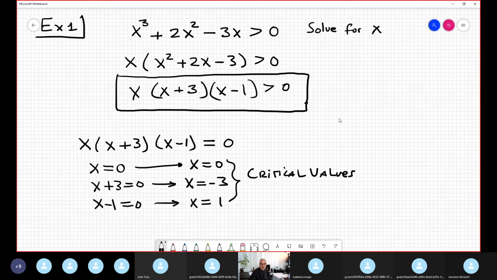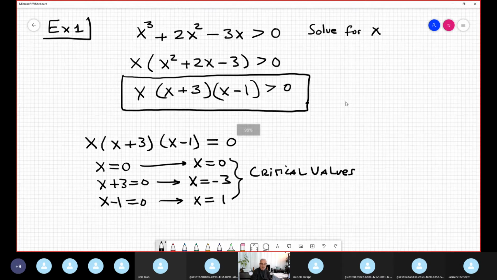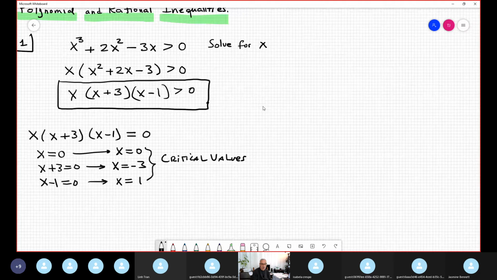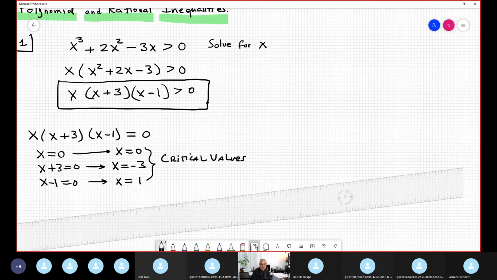This is the idea you see in calculus, always, critical value. What is the critical value? Critical value is you convert the inequality to equation and solve the equation. So what is the utilization? What is the application of the critical value? Well, the critical value allows me